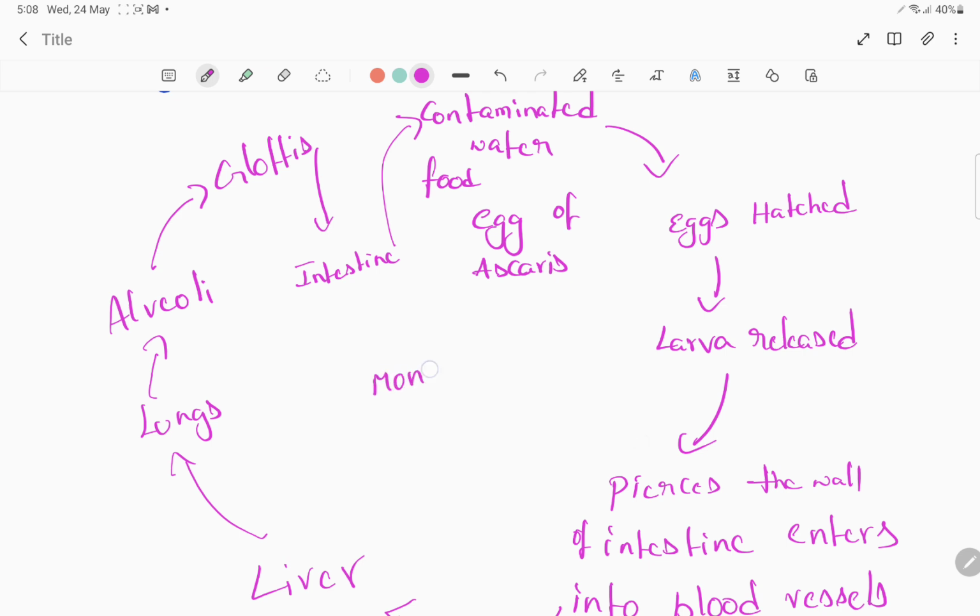This is also a monogenetic host. Only man is the host. And Entamoeba histolytica is also a monogenetic host. Malaria is a digenetic host. So coming to the prevention part,